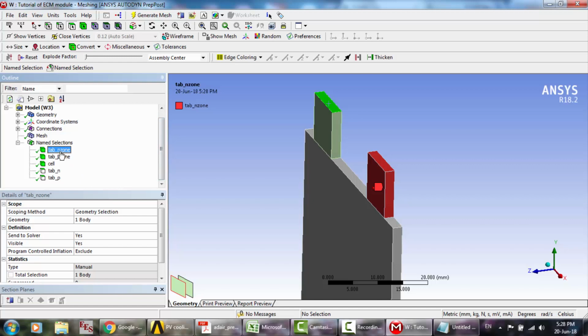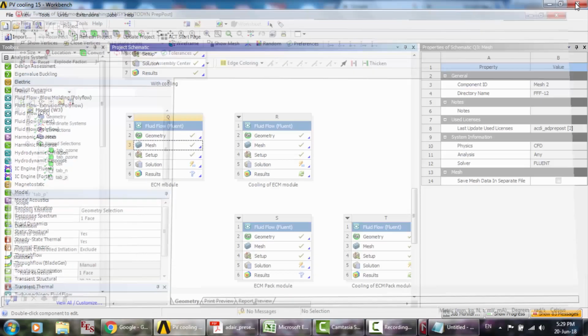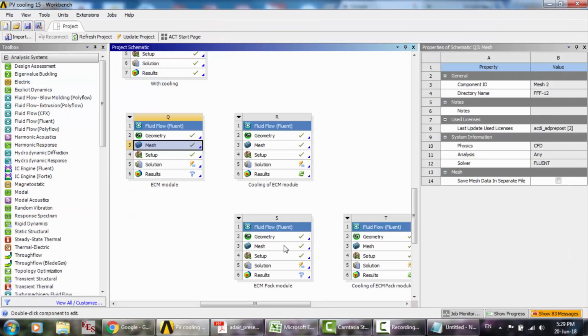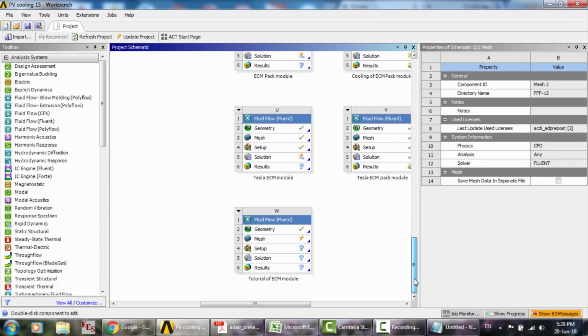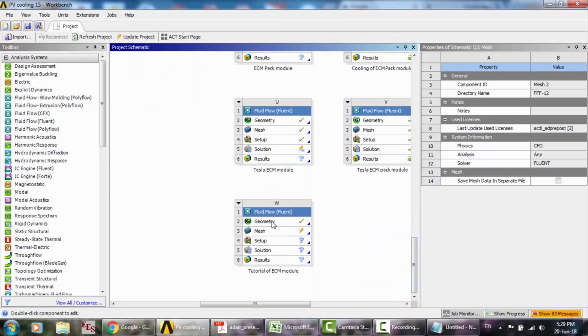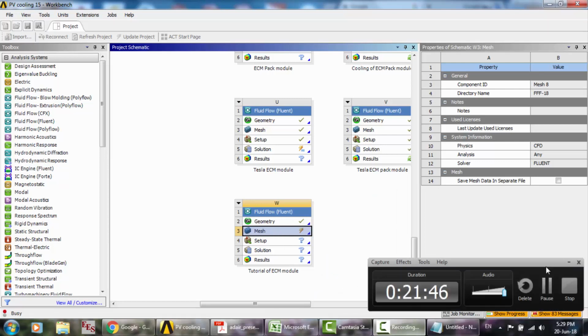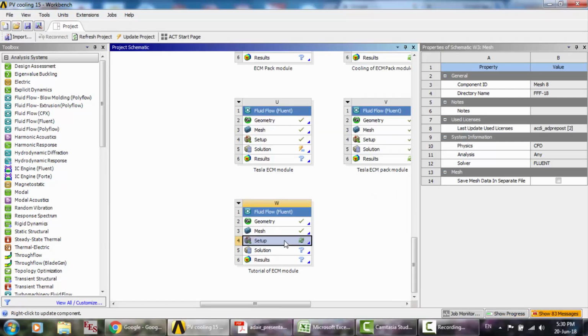Okay, so we have here the tab, the positive zone, the negative zone, and the cell, and the face of the negative, and face of the positive. Okay, so now close. We are here. Okay, we're gonna update this. Okay, after updating,